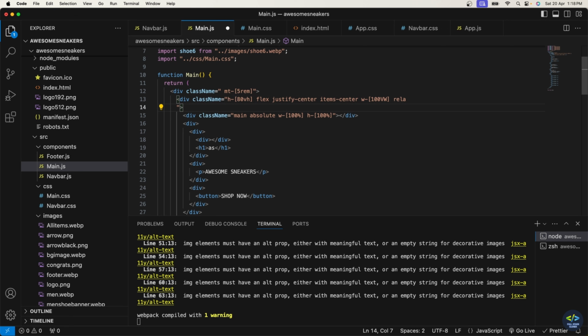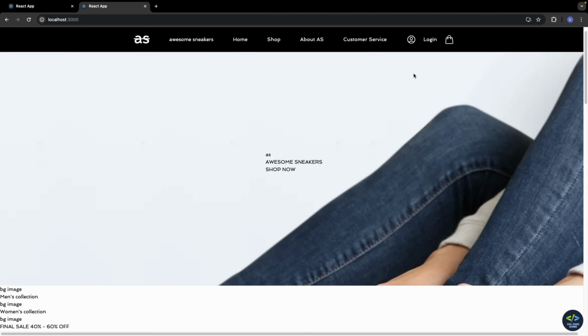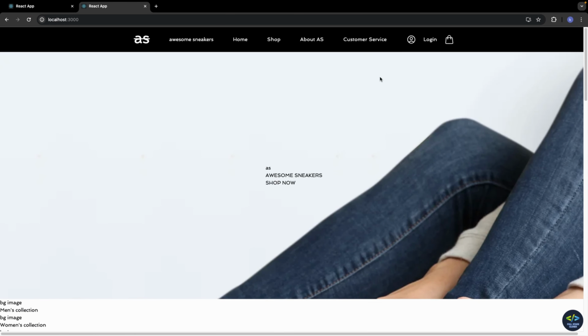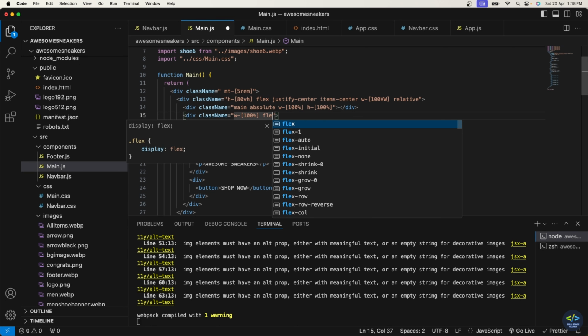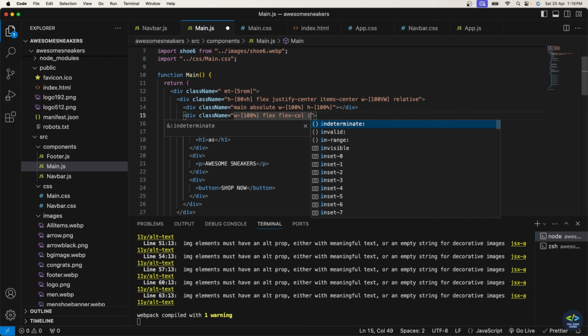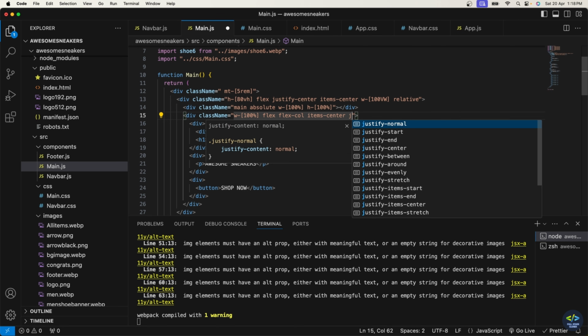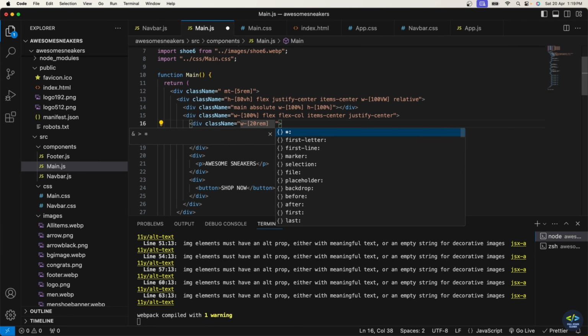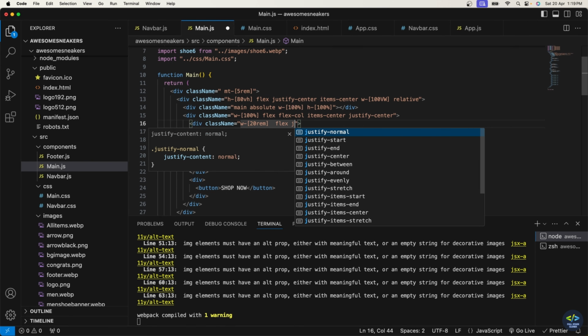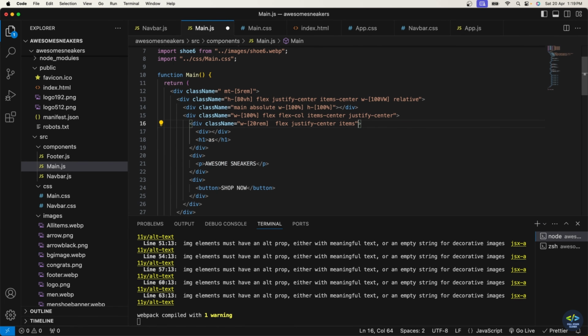Now let me declare the parent to be relative, and see, now this is aligned with respect to this parent div. So this is done. Now let me style this. Justify center. 20%, I'll take it to be 20 rem, and then I'll declare it to be a flex. Justify center, items center,